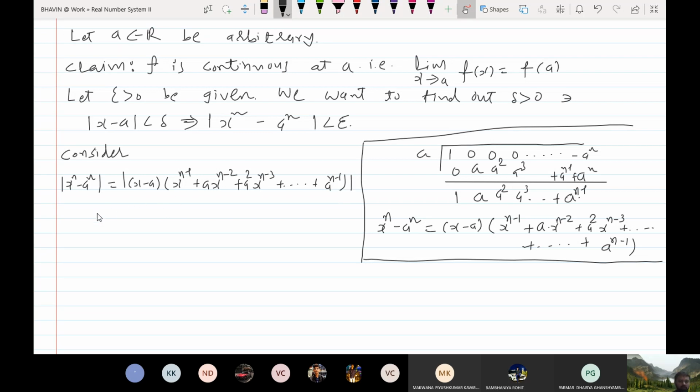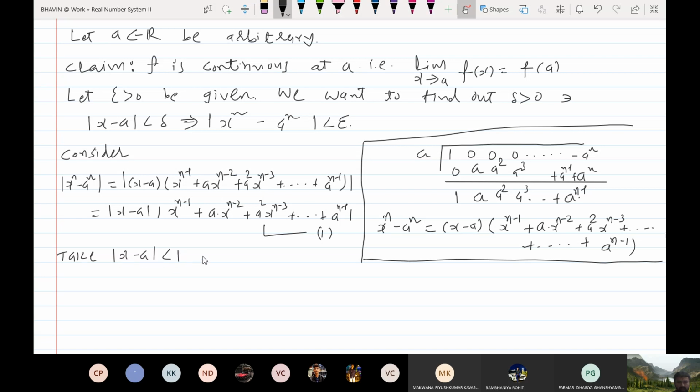Now this can be further written in this way: x minus a. Now I know how to estimate modulus of x minus a. Modulus of x minus a should be less than delta. And this, let me write down in this way: x raised to n minus 1 plus a into x raised to n minus 2 plus a square into x raised to n minus 3. So the last term is a raised to n minus 1. Now let me say delta to be 1. Now take modulus of x minus a